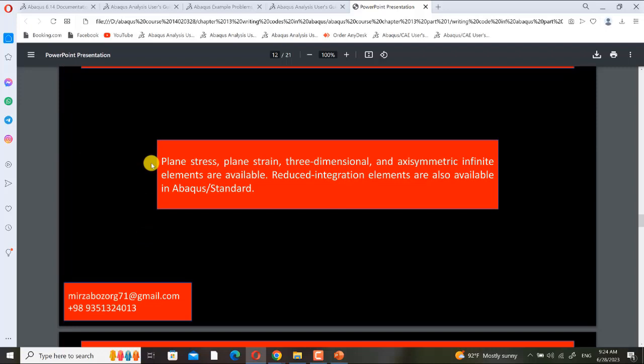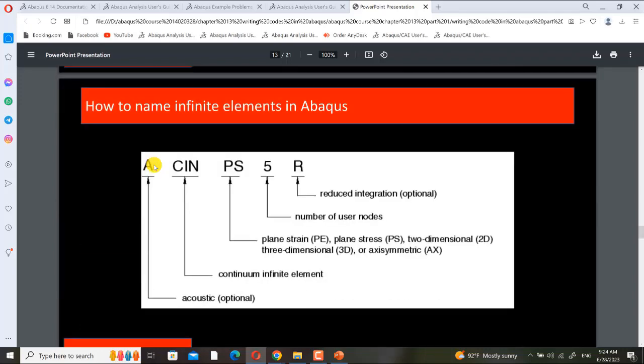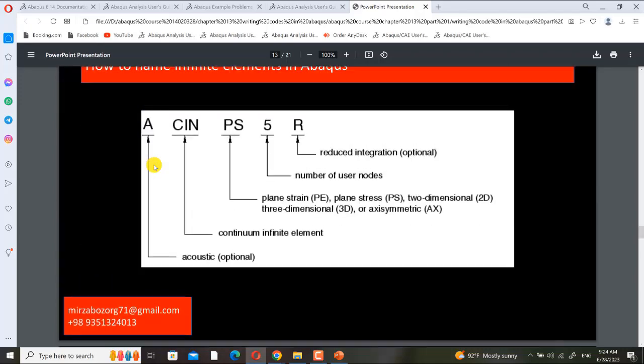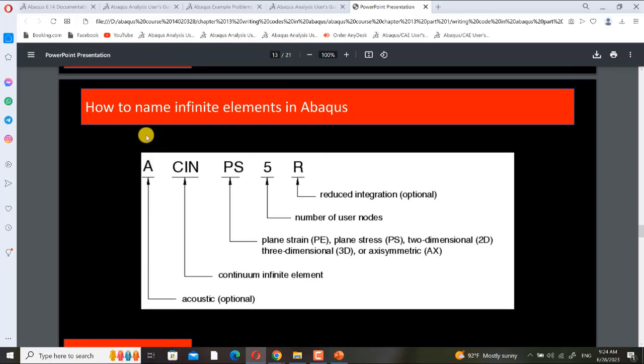Plane stress, plane strain, three-dimensional and axisymmetric infinite elements are available. Reduced integration elements are also available in Abaqus standard. Here I want to tell you how to name infinite elements in Abaqus. Generally we have two kinds of infinite elements.